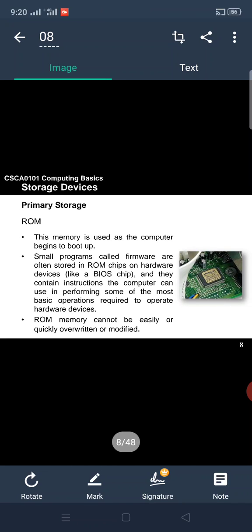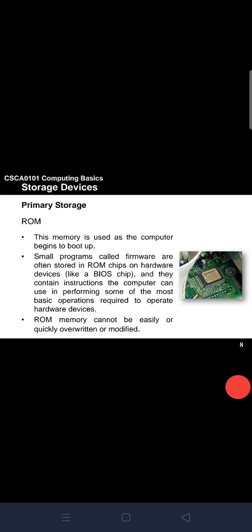Primary storage, ROM. ROM stands for read only memory, and this memory is used as the computer begins to boot up. Computer boot up files or Windows files are stored in ROM. Small programs called firmware are often stored in ROM chips on hardware devices like BIOS chips, basic input output system chip,